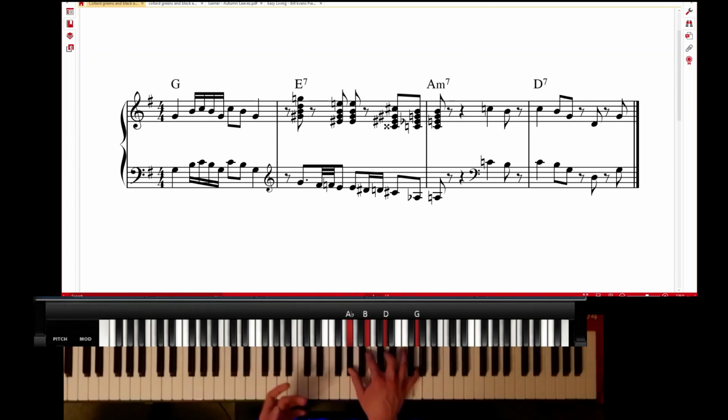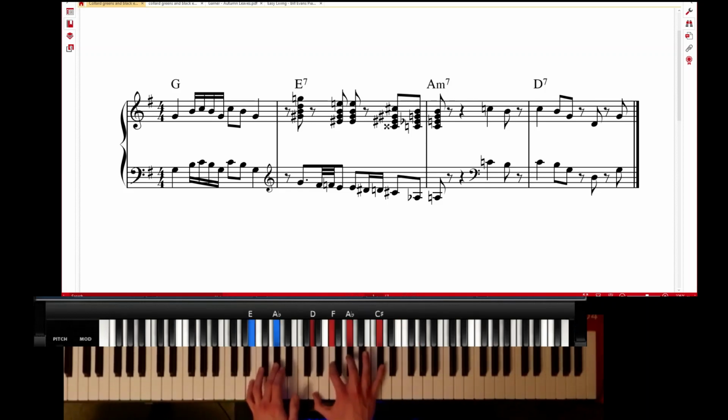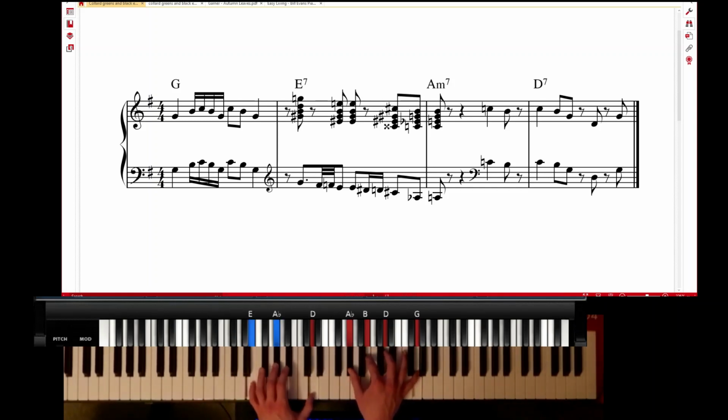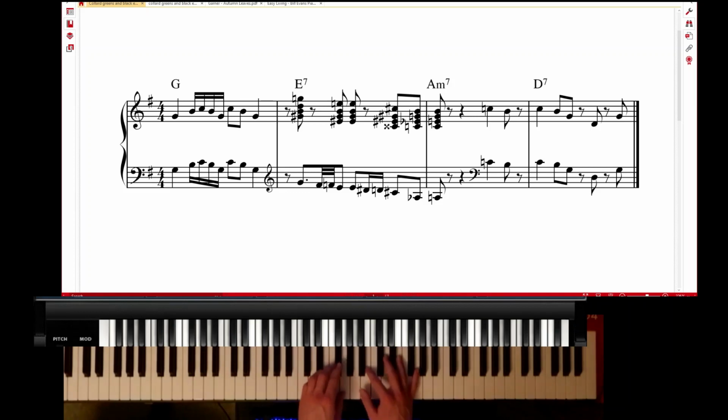So any note within the E diminished scale works well over the E dominant chord, and you've got this really good chromatic bit in the left hand, just sort of rolling between the minor thirds,